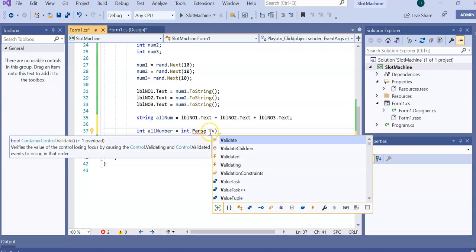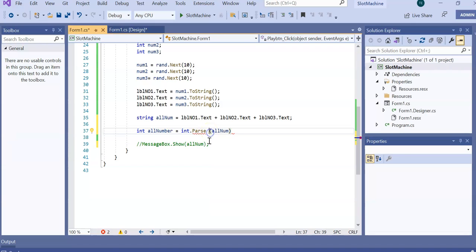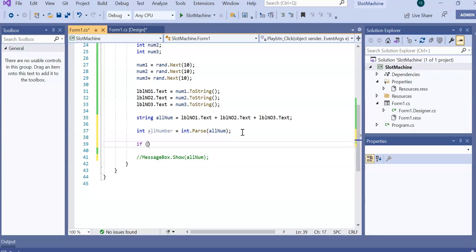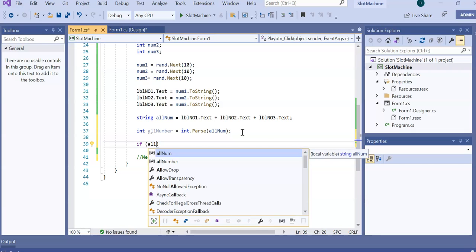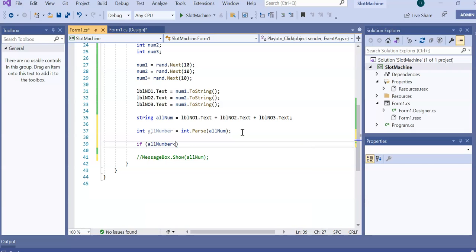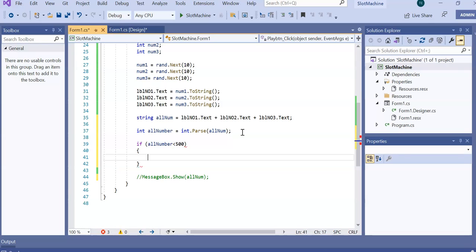All right. Now I have this number. I need to make sure it's the correct number. I think we do. Then now if, for example, allNumber less than, for example, 500, then message box,